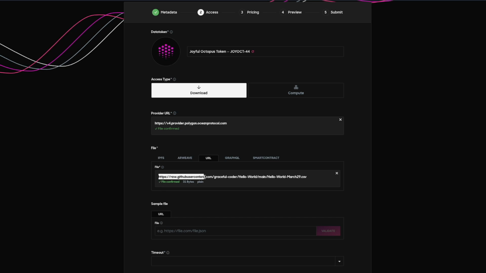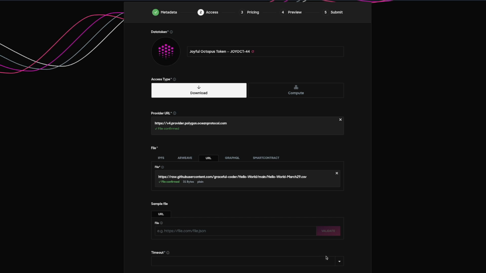So again, we're using a raw.githubusercontent.com URL to our CSV file. And the sample file form field is basically if you want to provide a sample structure of your data set to convince people to buy it, then you can upload a sample file that people can view in clear text without having to download your data set, so that they can be informed whether or not they want to download that data set. So in this case, I don't think it's very important that we have a sample file. That would be more for private data sets or algorithms where you want to give a simple structure to what